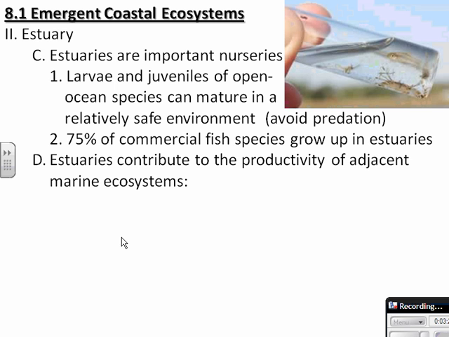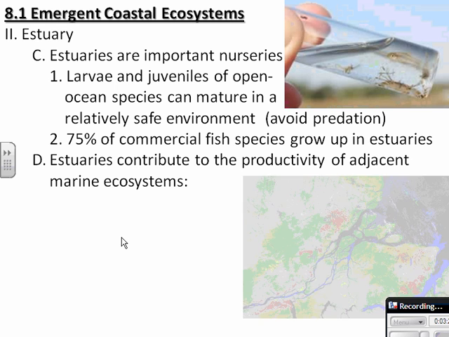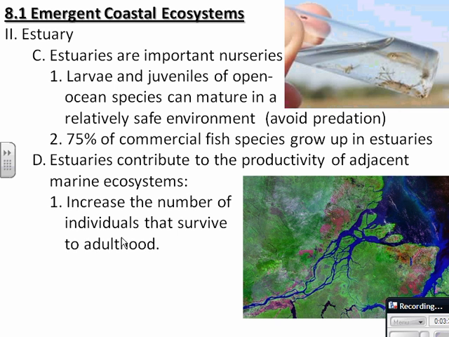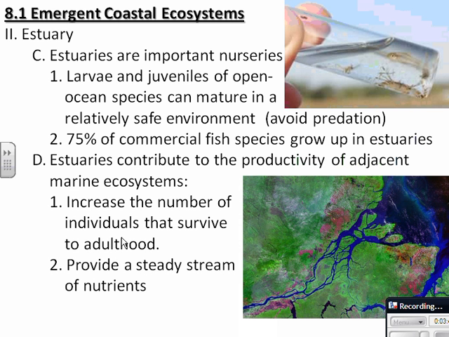Estuaries are also an important ecosystem because they contribute to the productivity of other ecosystems. They produce so many nutrients and larvae that the juveniles, when they survive to adulthood, migrate out into the open ocean, or perhaps they migrate to a coral reef. And again, there are so many nutrients produced in these estuaries that as the rivers flow out into the ocean, they bring more nutrients out to the open ocean, where phytoplankton can use them for productivity as well. And as we mentioned, they reduce pollution and runoff, so they kind of act as a barrier or a protection